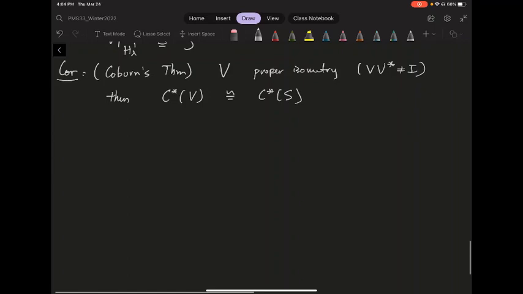So if you look closely enough at the C-star of S, where S is the unilateral shift, it is really the left regular representation. Remember, for a group you have a left regular representation, basically represented on the L2 space of your group G. But the unilateral shift is just a left regular representation of your semigroup. So you take your semigroup, build an L2 space, define the left shift,